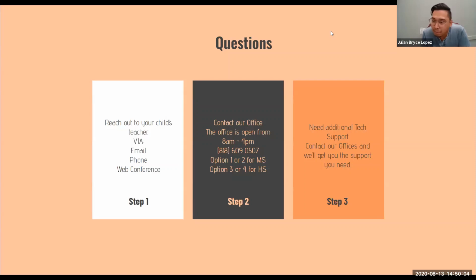Okay, so now I'm going through the questions in the chat. First question, the purpose of Illuminate is to view your students' grades and progress and account information. So whatever you submitted on your contact cards, all that stuff, we'll have that information in our Illuminate account, as well as your child's grades, schedules,